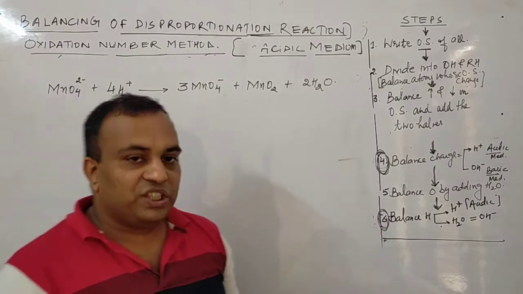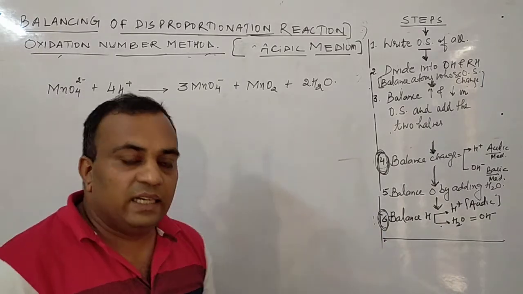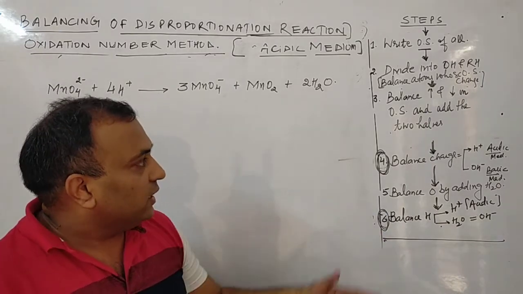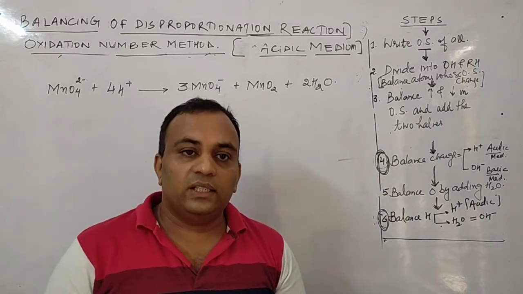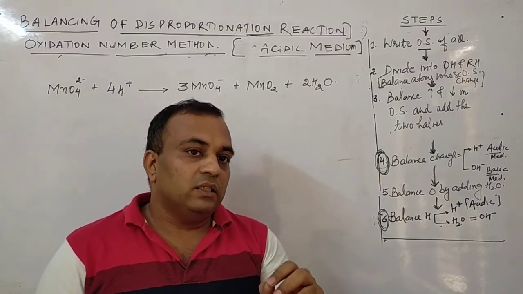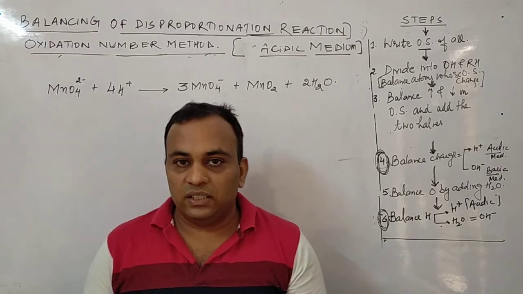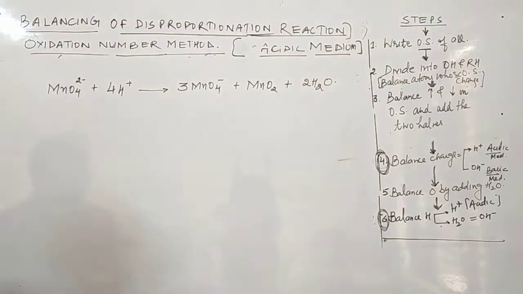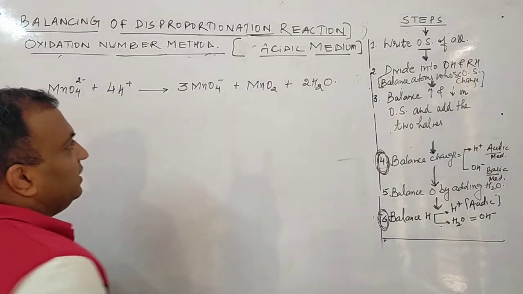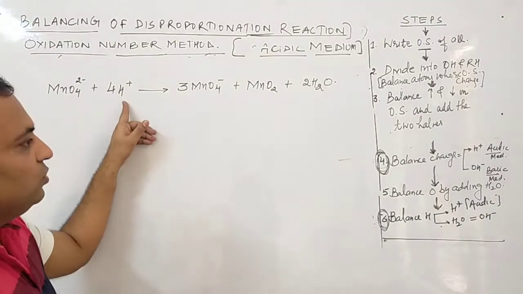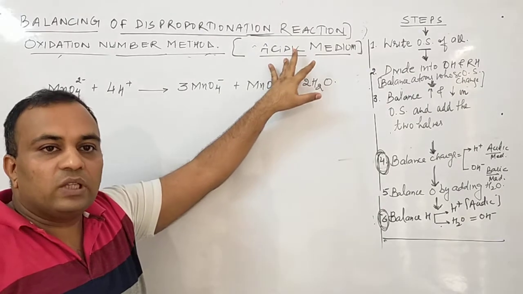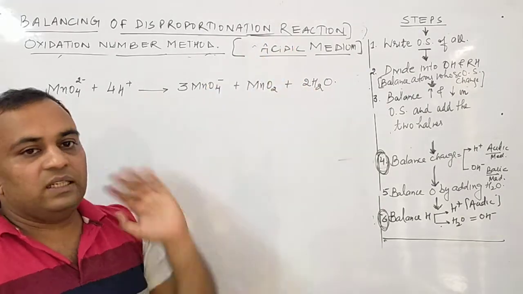And in the last, कि आपने काम ठीक किया है नहीं किया, to check whether you have done the right work or not, just check whether your balancing is correct or wrong. You have to calculate the charge on both the sides. If the charge is equal, it means the balancing is correct. So we'll start the balancing by this reaction. In this reaction, H positive is there. So अगर medium mention नहीं होता, even though we can perform this in acidic medium.